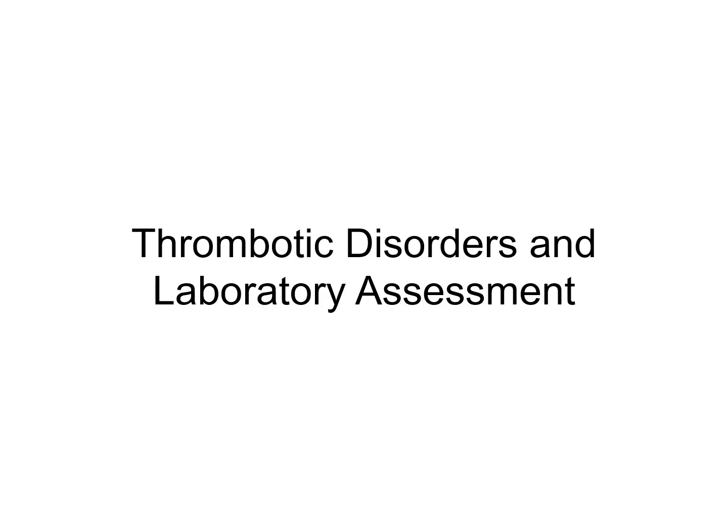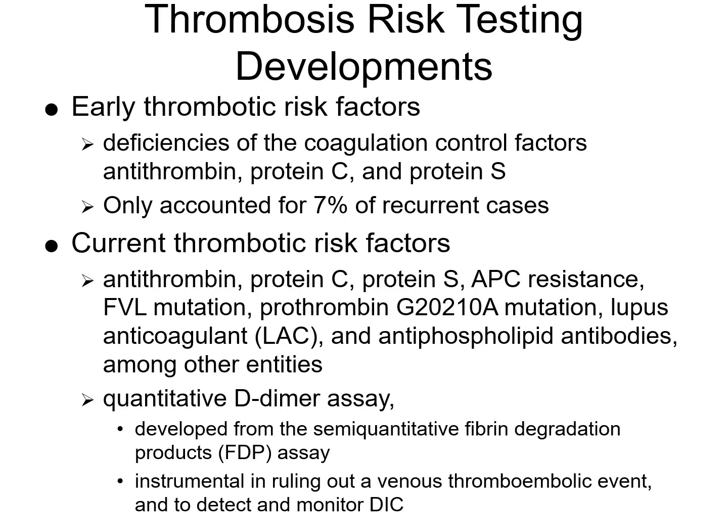Thrombotic disorders and laboratory assessment. For thrombosis risk testing developments, we have early thrombotic risk factors. There are some inherited deficiencies that increase the risk of developing blood clots or thrombosis. These include deficiencies in natural anticoagulant proteins such as antithrombin, protein C, and protein S. However, these deficiencies only accounted for about 7% of recurrent thrombotic cases, indicating other factors also contribute significantly to thrombosis